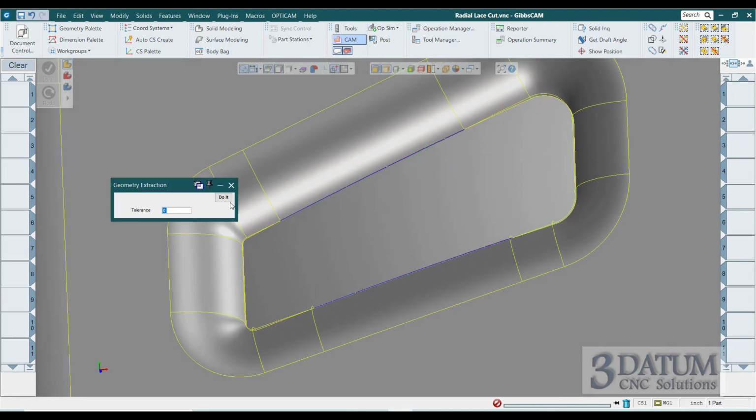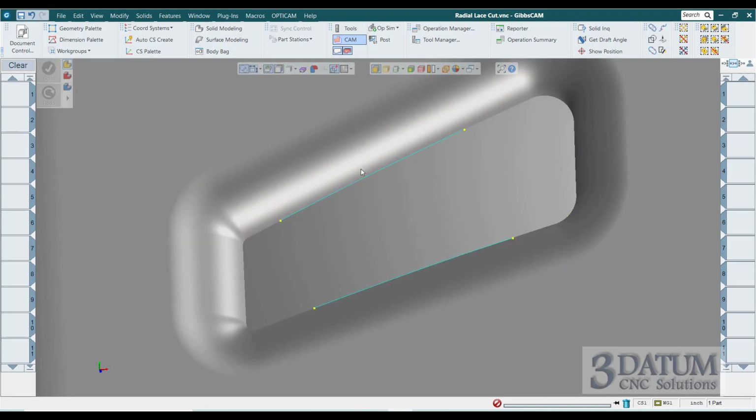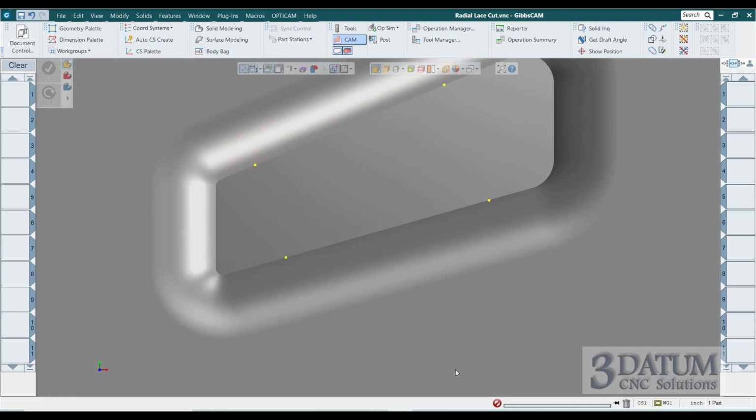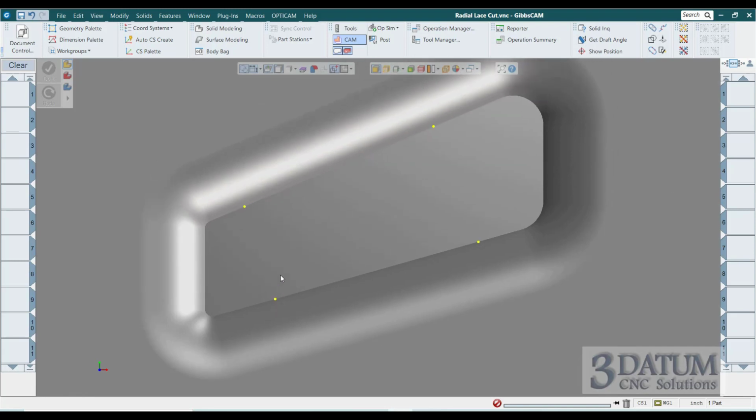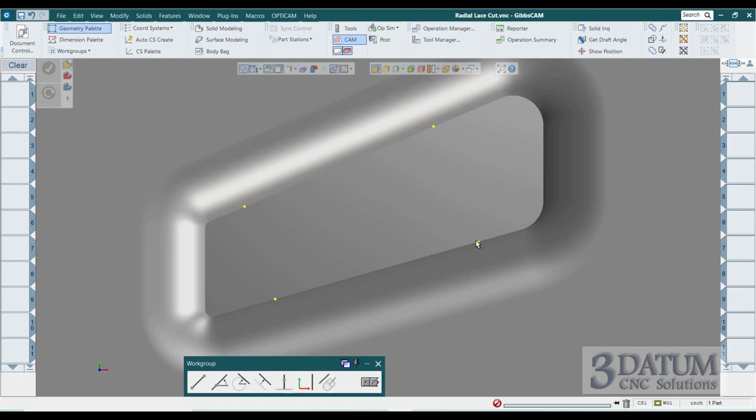I think what I'm going to do is just grab that edge and that edge, and I'm going to extract those. Zero tolerance is fine. I'm not really looking for geometry here. Really all I wanted is those 2 points at the end of each line. So I'm going to delete the arc in between them. All right, so with that done, with my geometry palette open, I'm going to draw a line through these 2 points